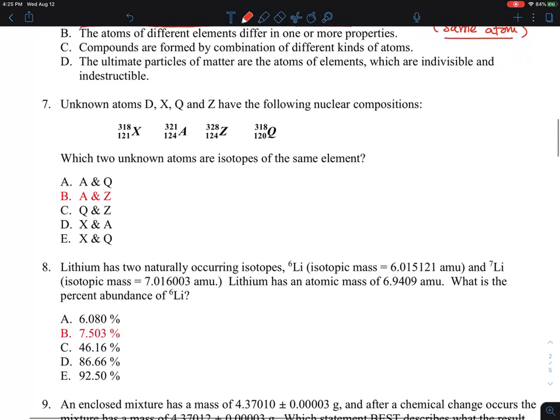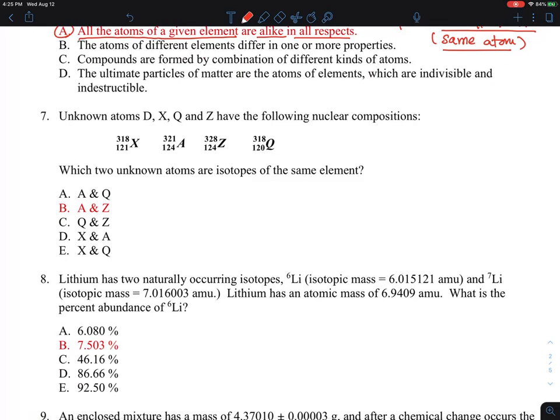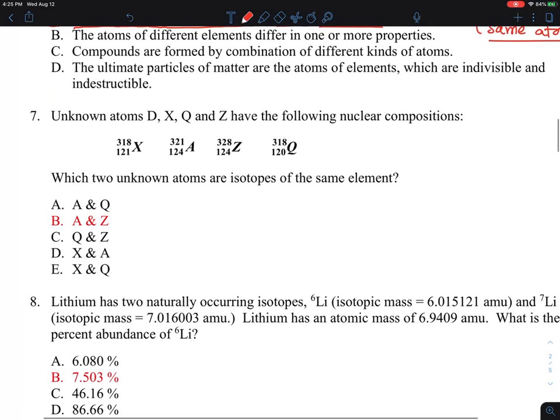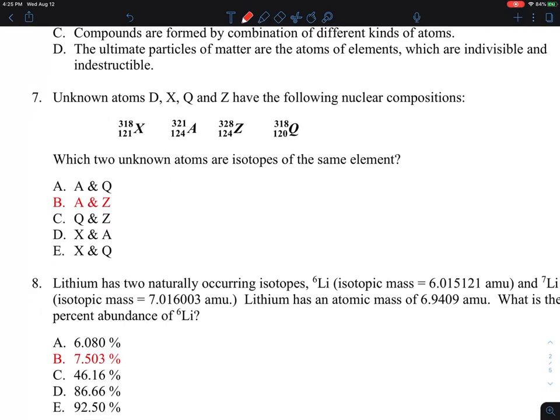Number 7, we're going to solve it. These are the notations that you see, with random letter symbols put there. So I'm going to write it one more time. That's the letter symbols, and what you see on the bottom here is P, the number of protons, which we also call the atomic number, whereas the atomic mass is N plus P, the number of neutrons and protons together. So if you look at that,